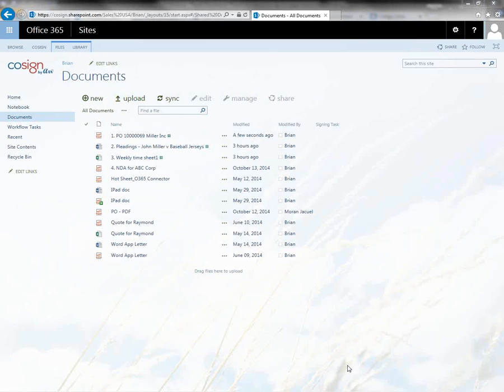So the whole point with Cosign is no matter where you need to sign your documents, we give you a tool. Some people want to use mobile apps. We have mobile apps for iOS and Android devices now where you use the native app. You get an email, there's an attachment, you want to sign that attachment with your mobile phone, you can do that now too. So it's all about making it easy for the people to access their signing functionality when and where they need to sign.